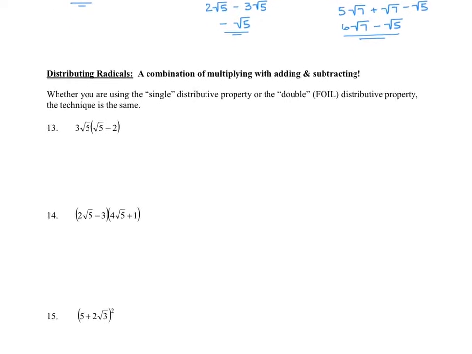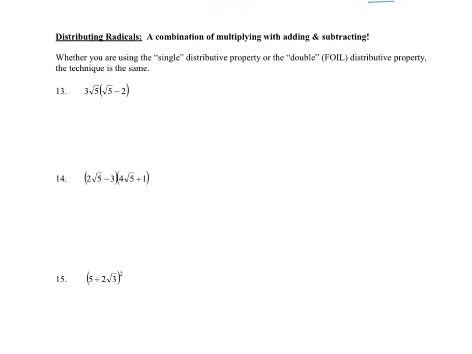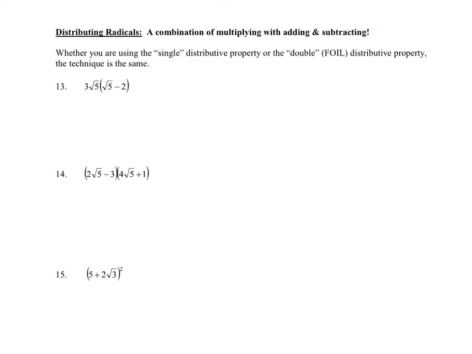Distributing radicals is a combination of multiplying and adding and subtracting. So we'll distribute and then see what we have left and see if we have any like terms that we can add or subtract. So in example number 13, if we distribute 3 rad 5 to rad 5, we'll get